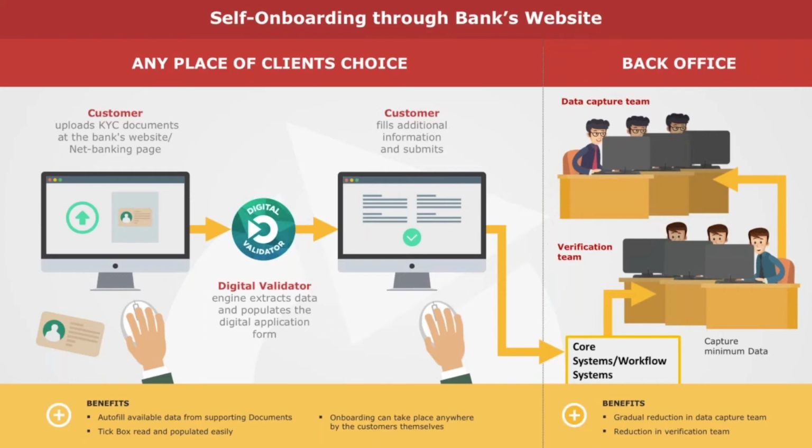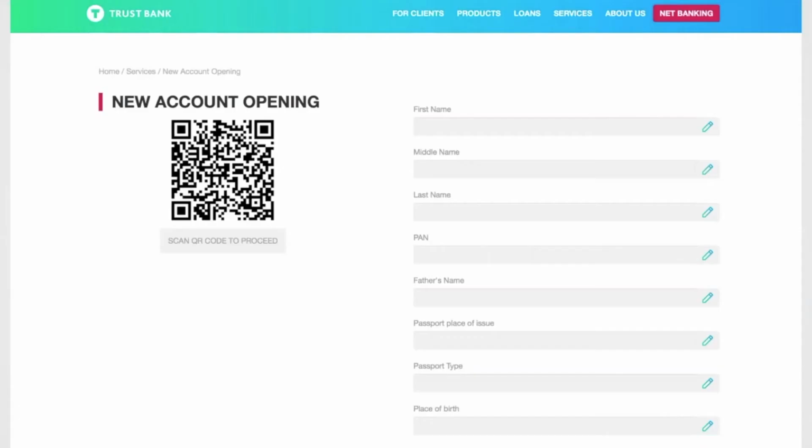It takes time. The solution we are putting in is on the bank's digital form where you go and create an account. We are putting a QR code. If the customer scans this QR code, it opens up a URL in the mobile phone. It's a PWA app, so there is no need to download an app or anything. That QR code opens up a URL and it opens in the browser.